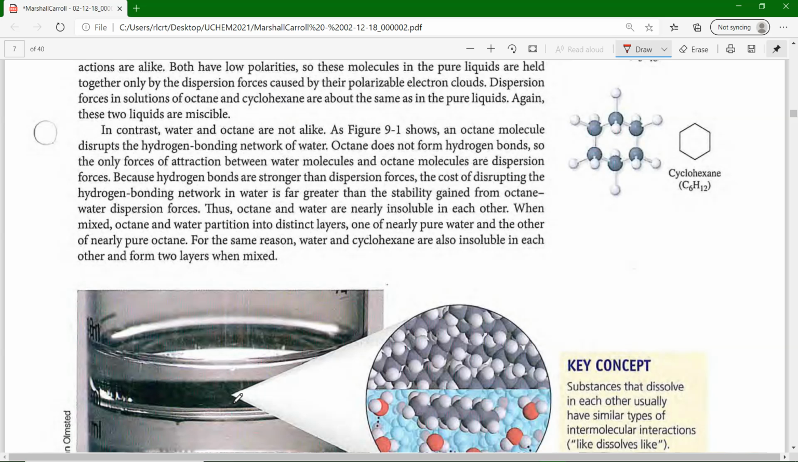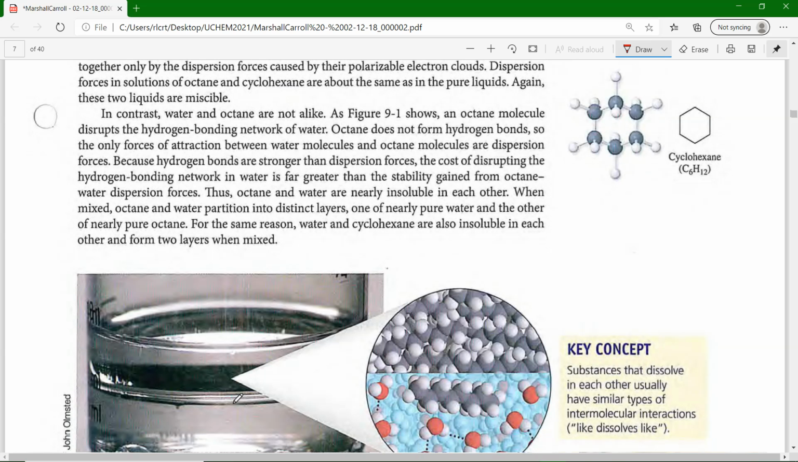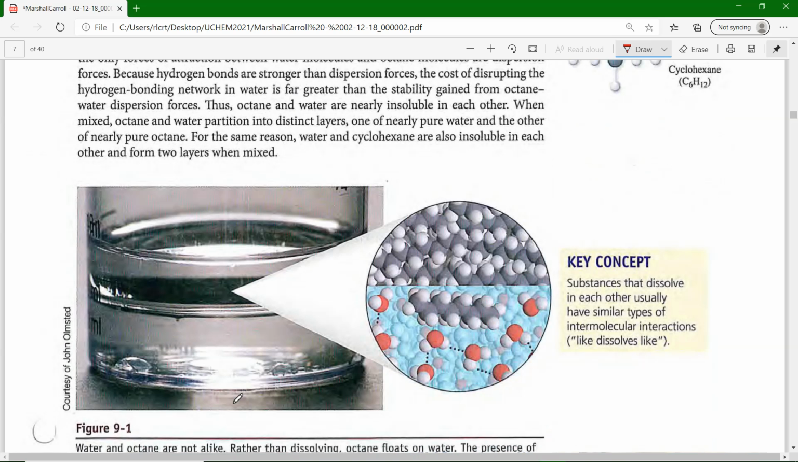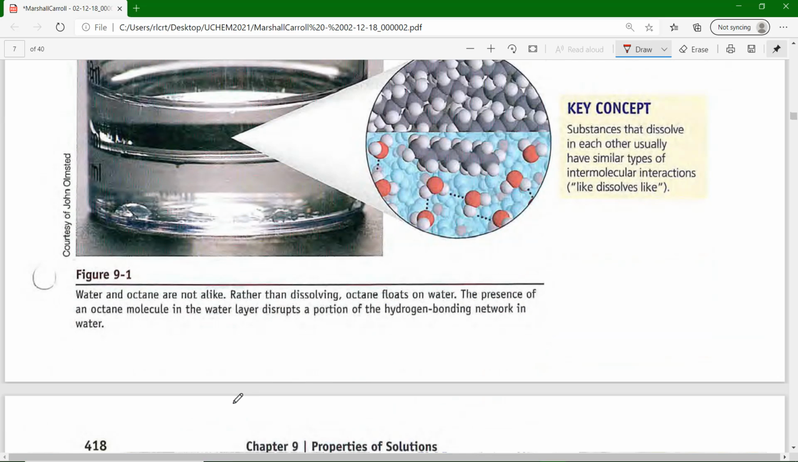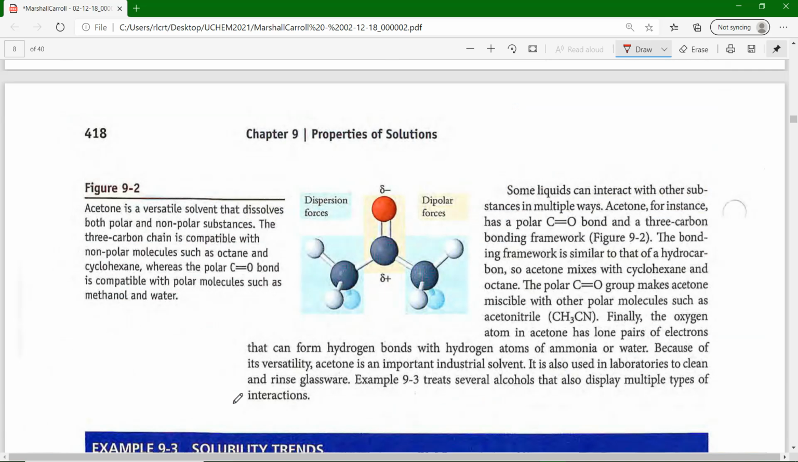Okay. Same reason water and cyclohexane are also insoluble, and they form two layers. When you do more organic chemistry, you'll talk about an aqueous layer and an organic layer. And the organic layer usually floats on the aqueous layer. Okay. Now